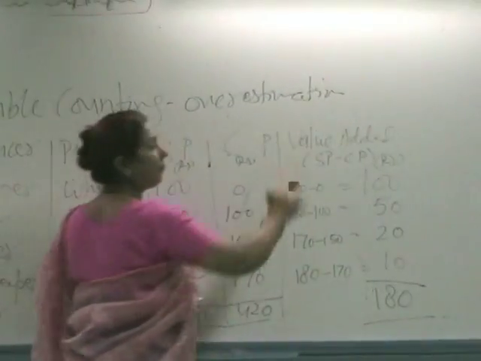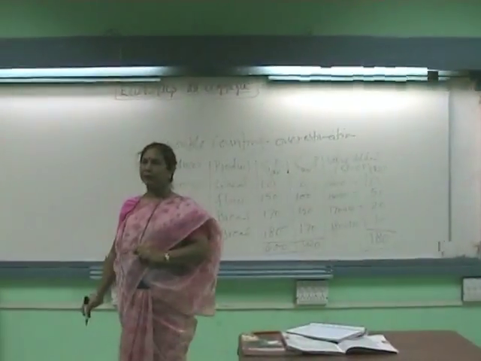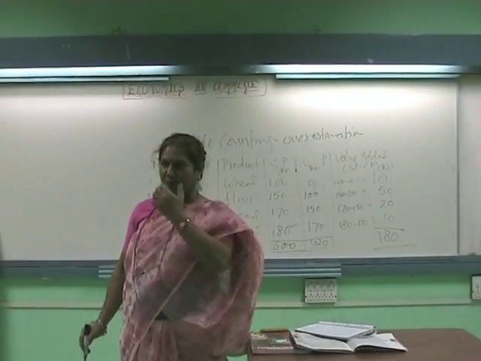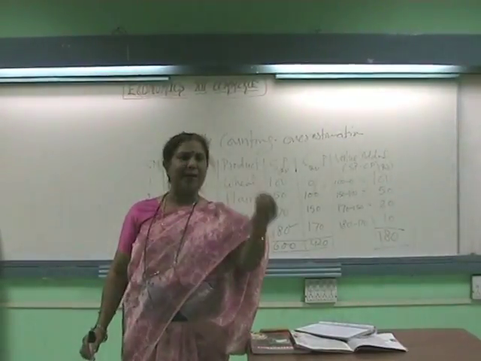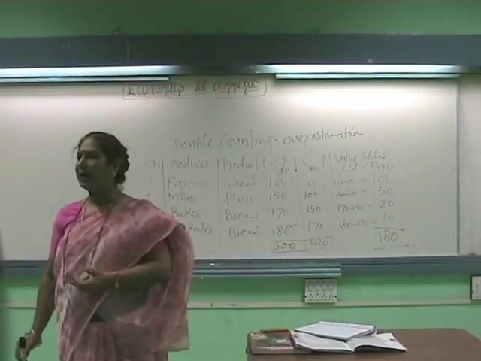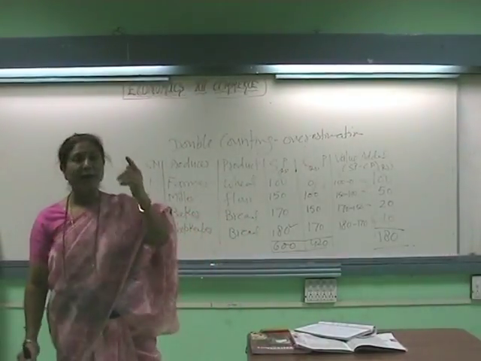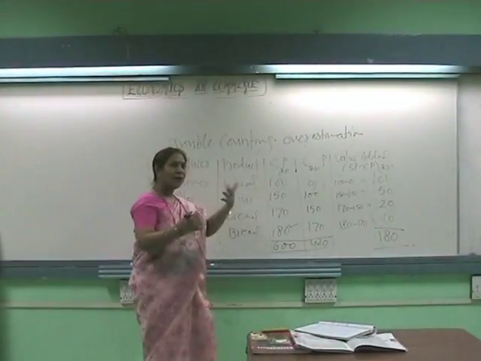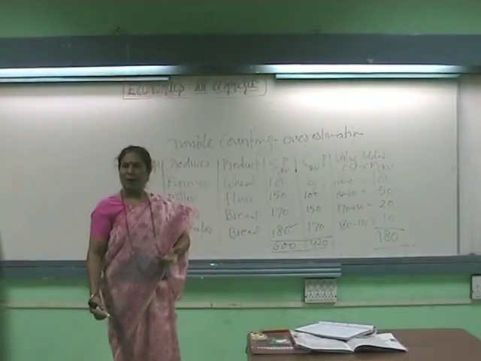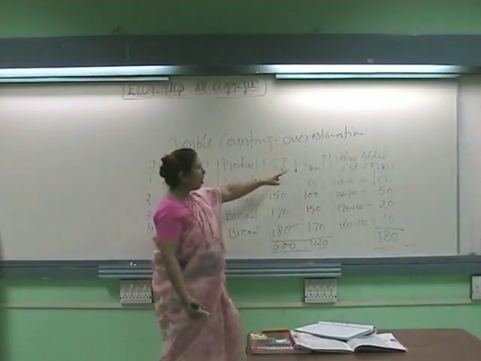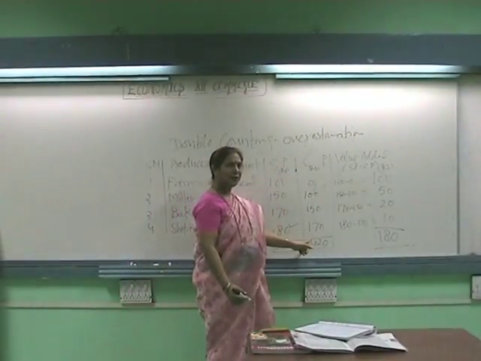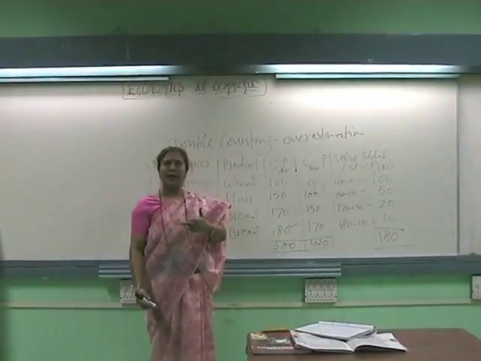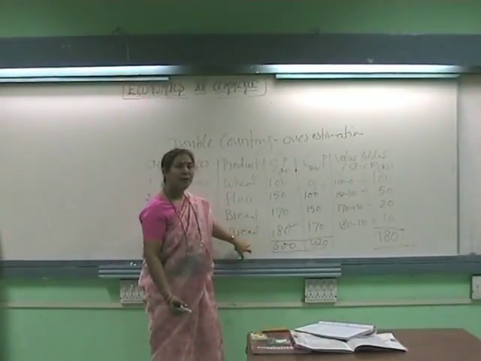Overestimation of national income. So how can we avoid it? How can you calculate the correct national income? How can you avoid overestimation of national income? When we use the value added method. What do we do in the value added method? We do not include the value of cost price. And second thing, we should take the value of the final product only.